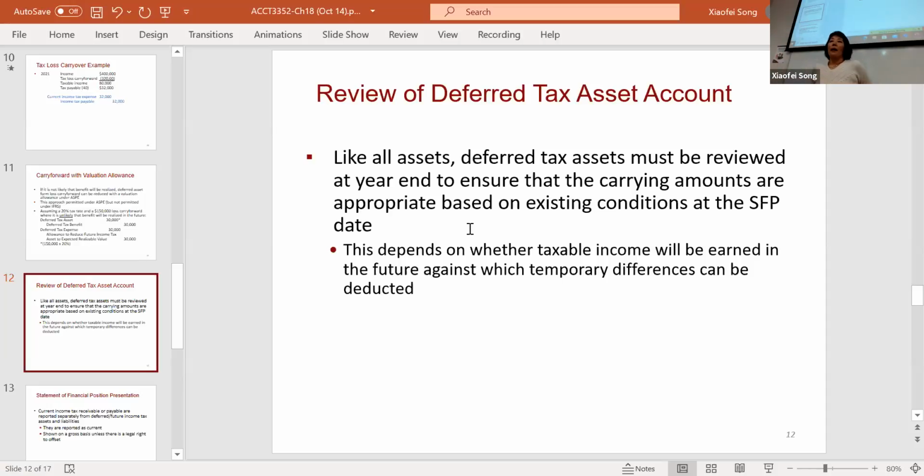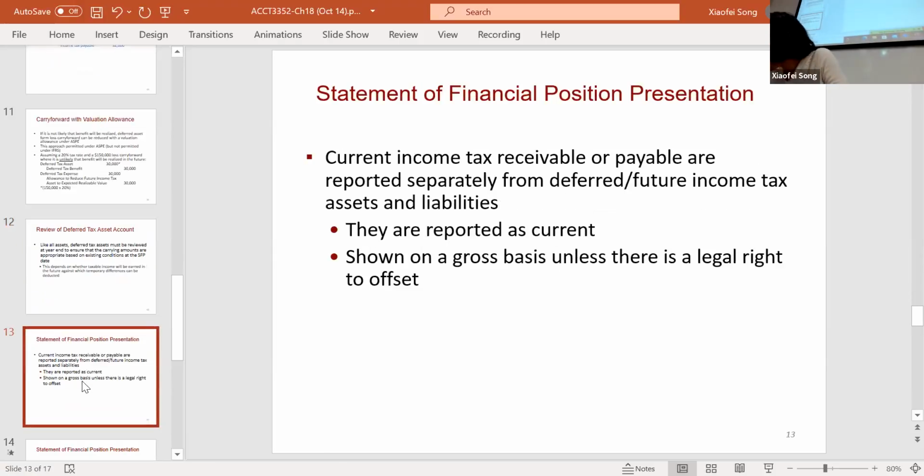So deferred tax assets due to loss carry forward should be assessed to see if the benefit will be realized, same as all other deferred tax assets. Okay, same as for all the others as well. So that's just that. And so to summarize,